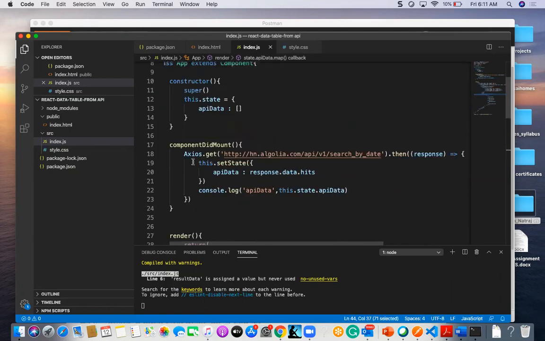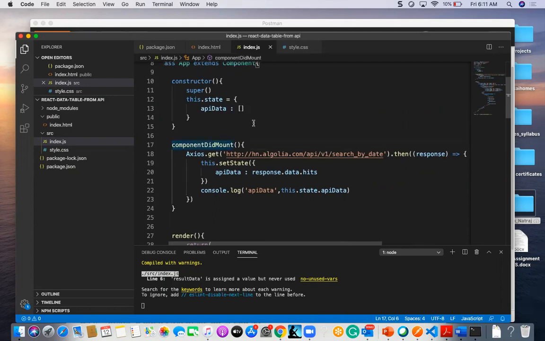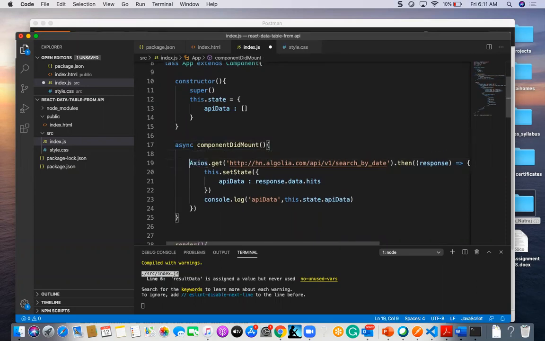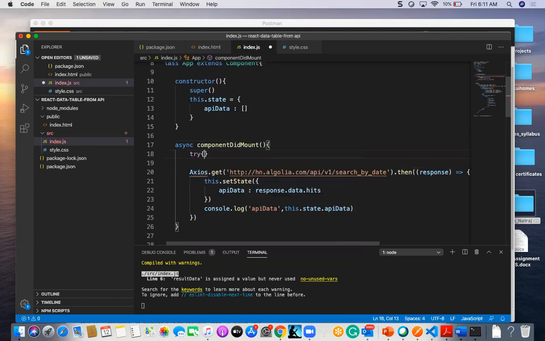So how to do it is with async await. We can do it in async componentDidMount, and here I am going to give try.